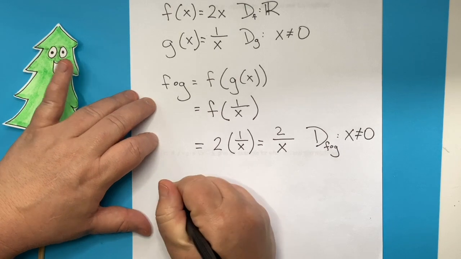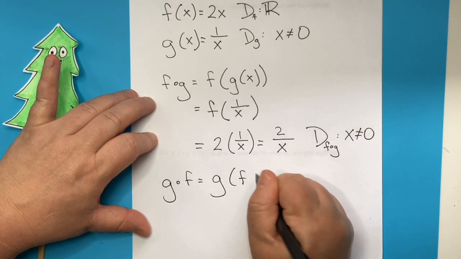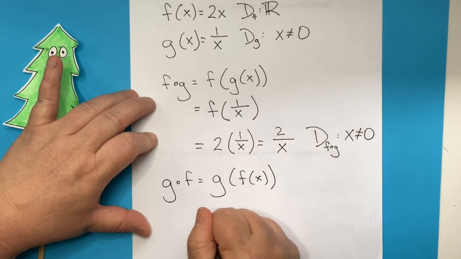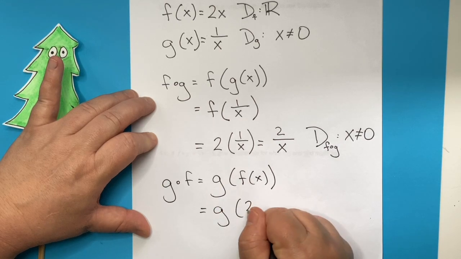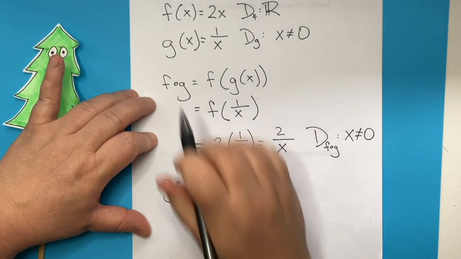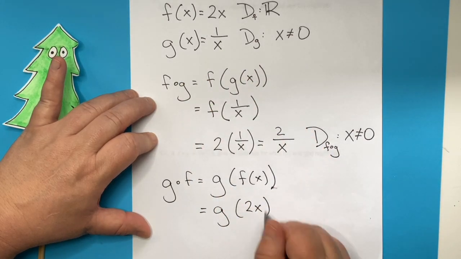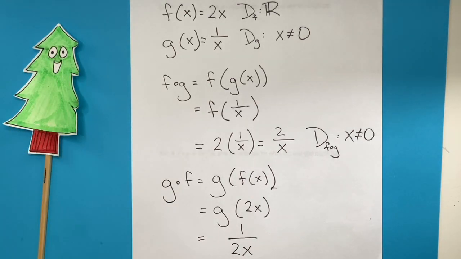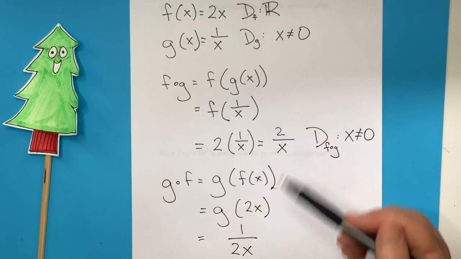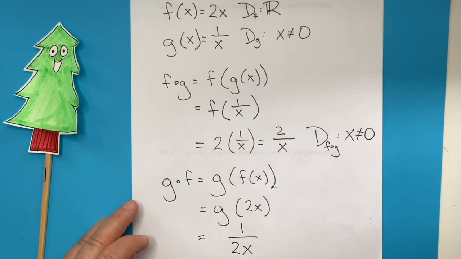Okay, g of f. Dun, dun, dun. So f of x is 2x. So I want to find g of 2x. And g says, take whatever you get in and stick it under 1. So if I've got 2x, I want to do 1 over 2x. Now, again, notice, a little bit different from the previous answer. So f of g and g of f, slightly different. However, tell me about